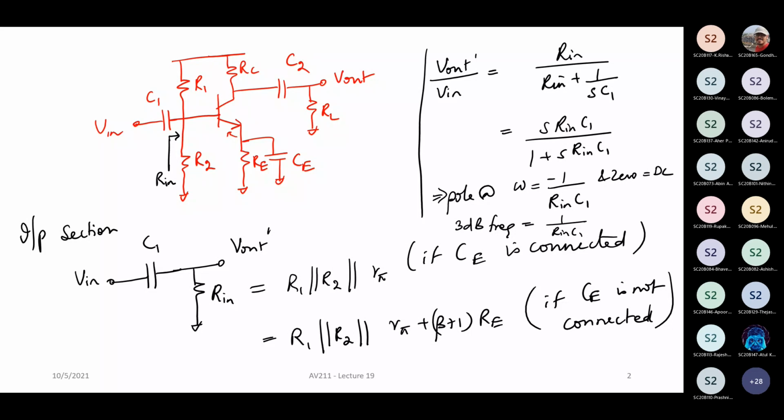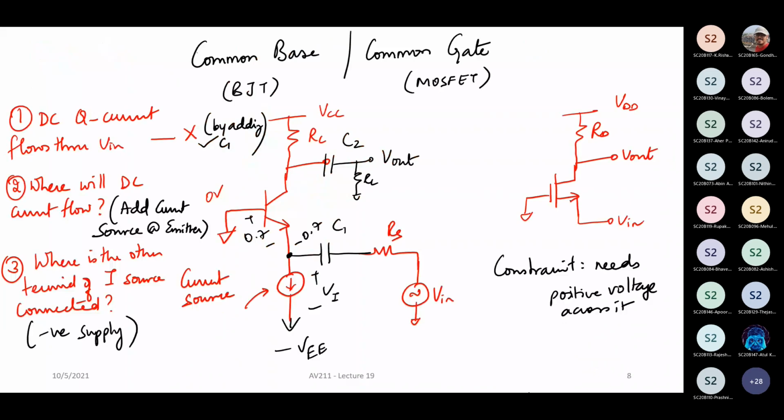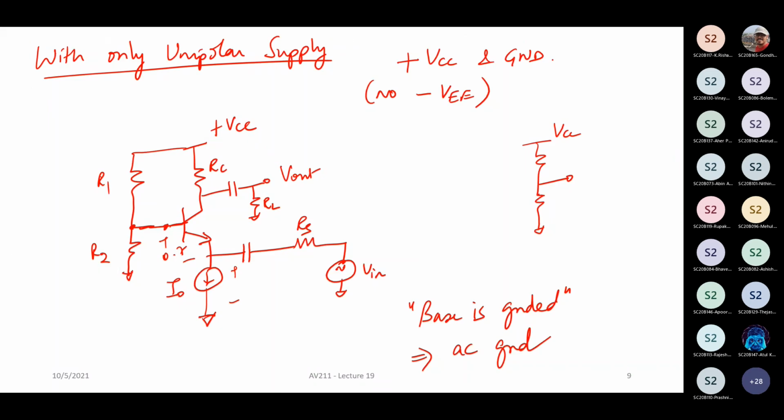it is at AC ground in the case of common emitter. And in the case of common emitter with emitter degeneration, it's no longer at AC ground also, but then anyway, that degeneration comes into the picture, right? So here the base, you're basically putting it at DC ground. So you can make the circuit work with both bipolar as well as unipolar supplies. Any doubts, questions?